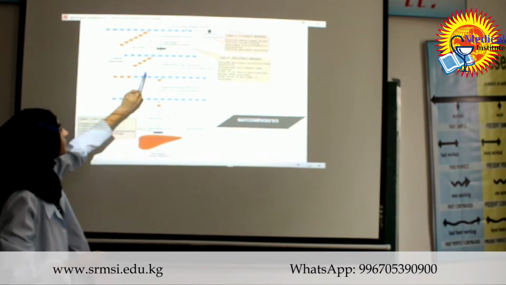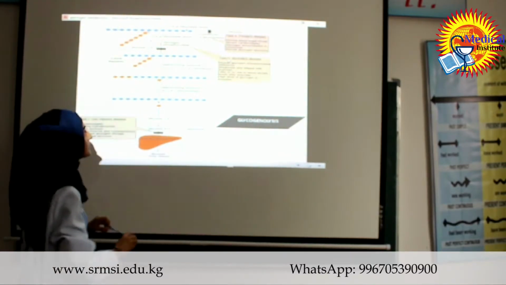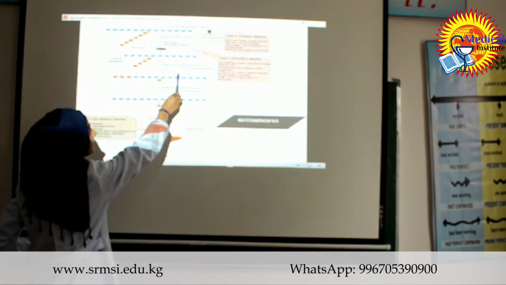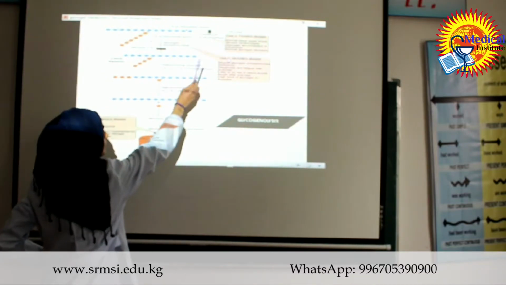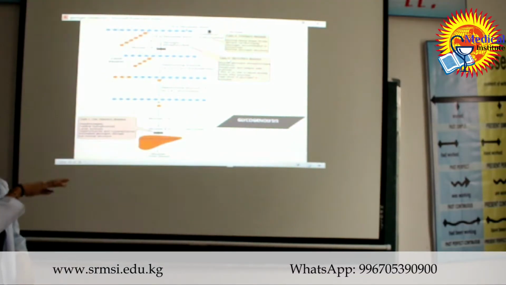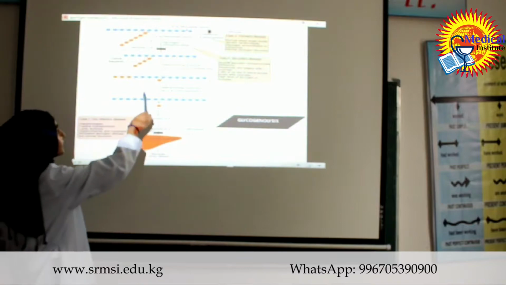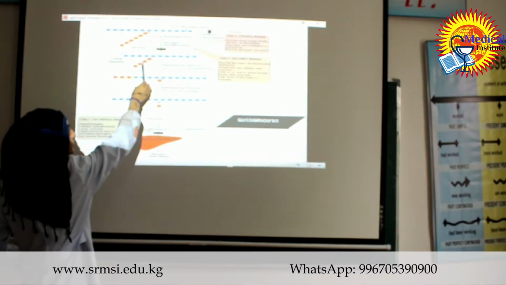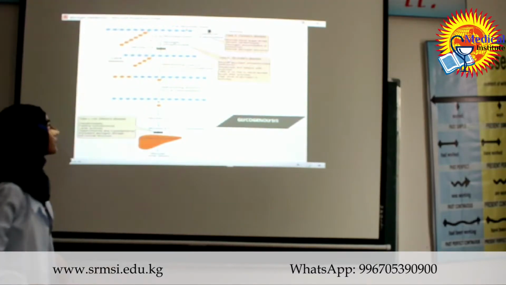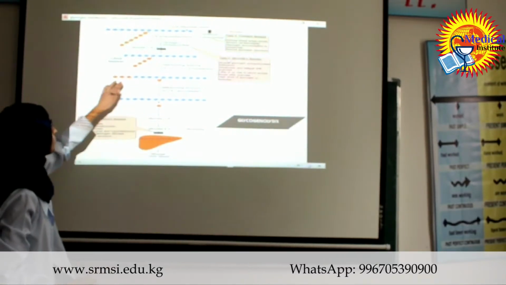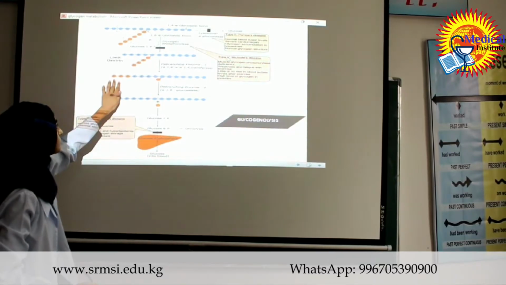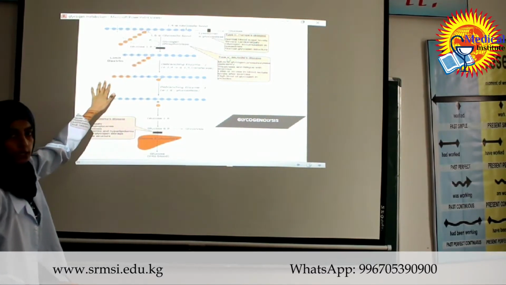Now there is another enzyme, the branching enzyme, with alpha 1,4 to alpha 1,4 transferase activity. This is a bifunctional catalytic enzyme. What does it do? It first breaks these remaining 3 glycoside residues that are attached to the branch glycoside molecule, and then it transfers them to the non-reducing end of the glycoside chain and links them accordingly.